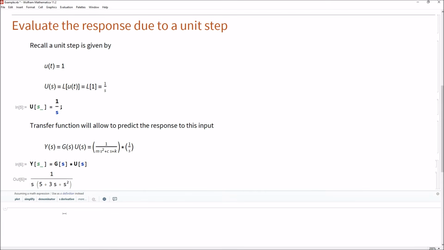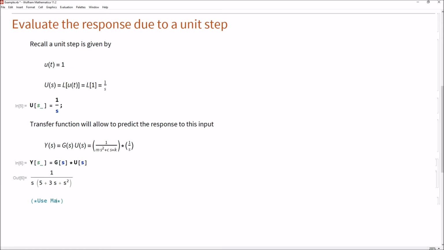Again, this is kind of helpful, but it's not very intuitive. At this point, we could use some of those techniques we talked about earlier. You could identify the roots of this complex polynomial and figure out the appropriate partial fraction expansion in order to do the inverse Laplace transform. But let's just use Mathematica to do this for us to get this from the s domain to the time domain. I want to say inverse Laplace transform of y of s, and that is going to give me